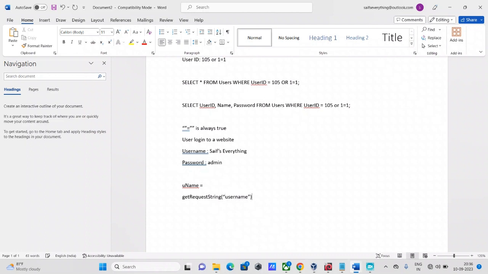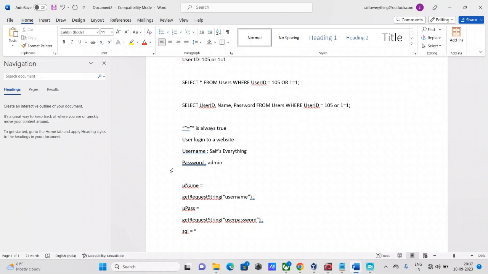Then I'm going to put in upass, as in the user password, is equal to the same, get request string, user password. Then SQL is equal to,